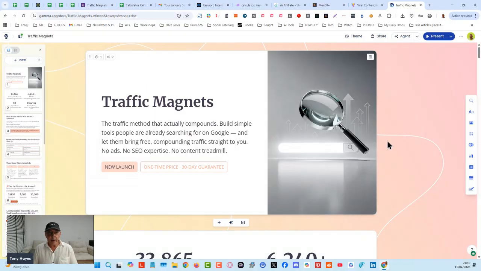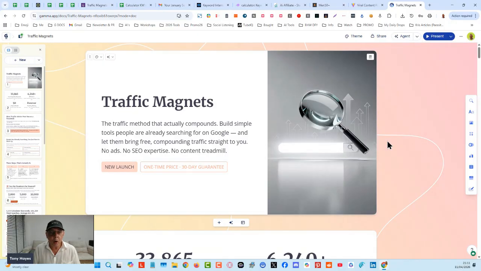This is a really good little tool, but I've got an even better version going to be updated in about 3 days as well. It's good as it is right now, but I've made it even better. I spent the whole day today making it even better, and I'm going to show you some examples of what we can do with that version 2, which you will get access to if you make a purchase later in this session. It's doing some amazing stuff. So anyway, Traffic Magnets. This is a traffic method that does compound.